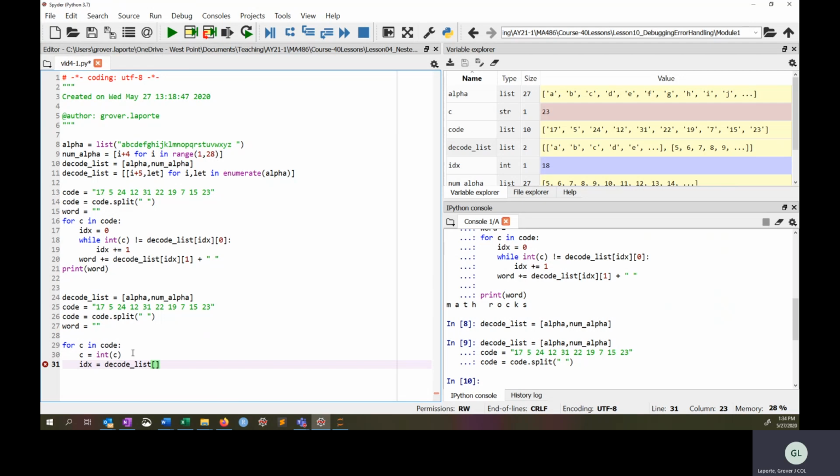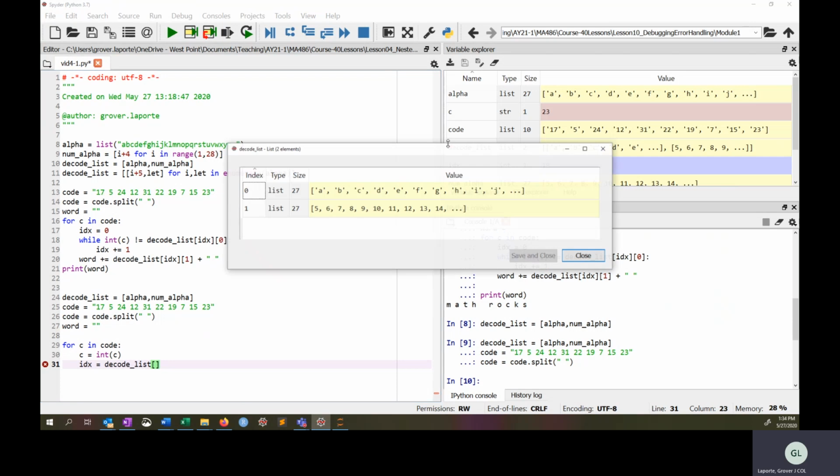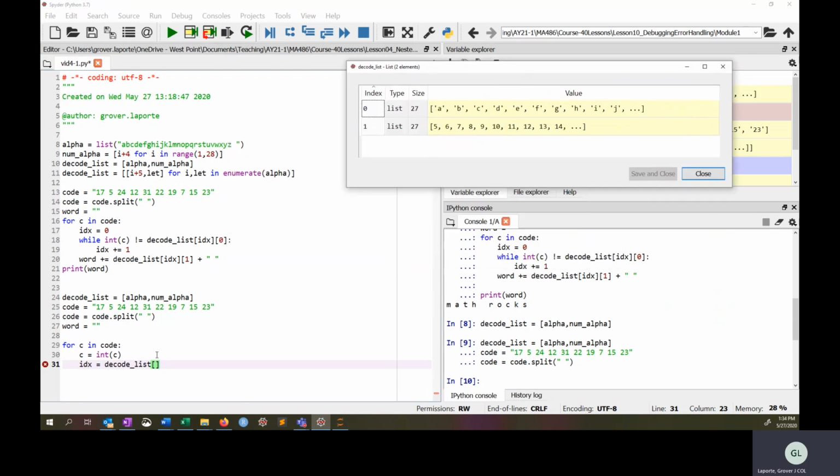Now the question is, which row and column are we on, right? So go back up here to decode list, pull it up, and I'll put it to the side. And then I'm looking for, so this number 17, I'm trying to find the index of 17 into this second list. And I just turned it into a number, so it's the actual number 17. And so I need to index, so the row that I'm talking about is 1. So this will be 1